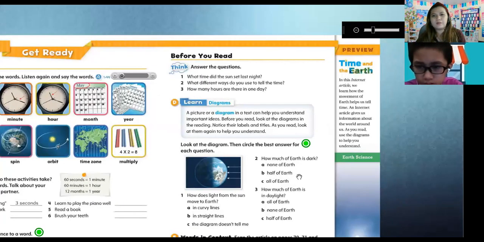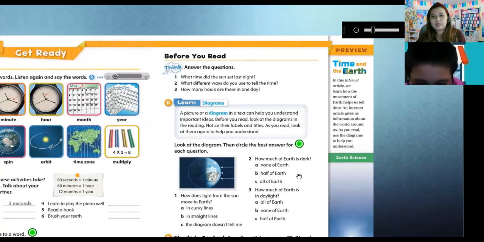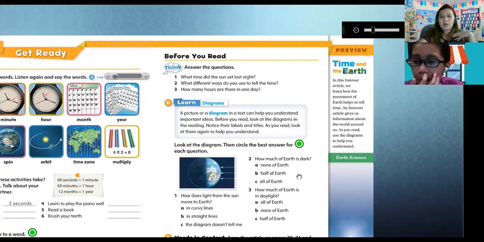So now we will read Time and the Earth. In this internet article, we learn how the movement of Earth helps us tell time. An internet article gives us information about the world around us, and as you read, use the diagrams to help you understand. Again, when you say diagrams, what does it mean? It means it's a